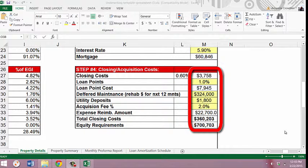$3,758. The loan point cell is the cost related to obtaining the financing. Many brokers, and believe it or not, banks, charge a fee equal to a percentage of the mortgage being acquired. Most commonly, these fees range from a fraction of a percent up to as high as 10%. We have a few brokers we deal with, and most commonly they charge a 1% fee. The spreadsheet would automatically calculate the loan points cost based on the percentage you enter above, which for this complex is